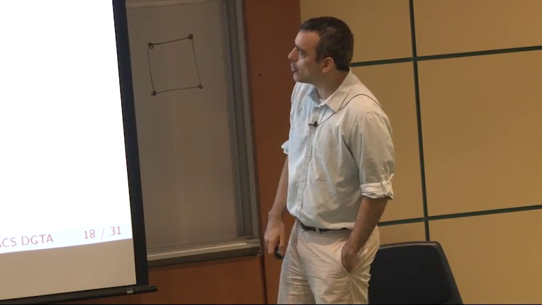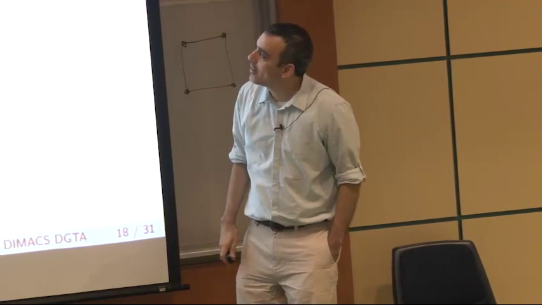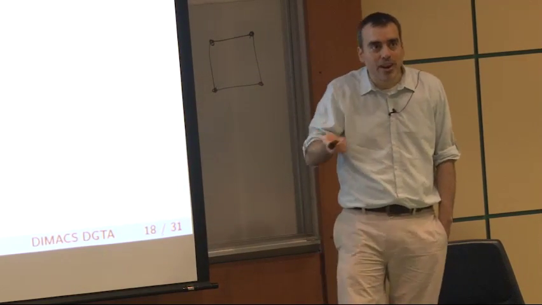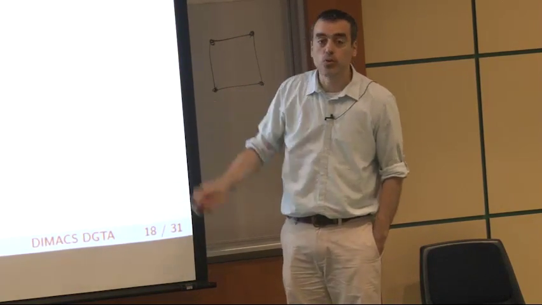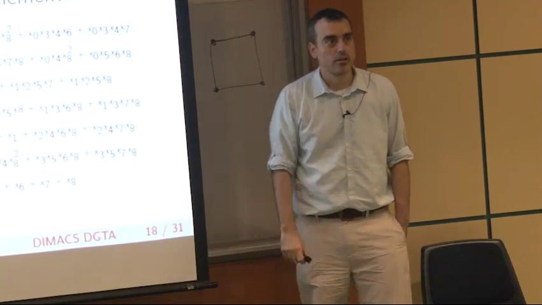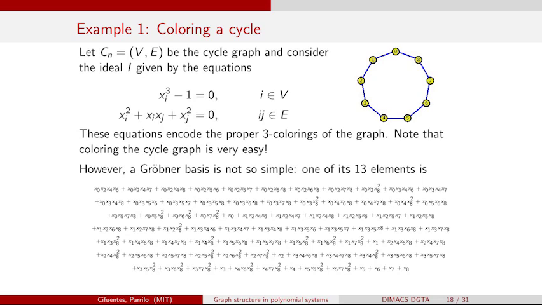And one of the things I want you to know is, of course, that coloring the cycle graph should be very easy. Any first year MIT student can color a 3-cycle graph. But if we go to your favorite computer algebra software and ask it to solve this system of equations, say by computing a Grobner basis, it will return lots of polynomials. If I pick one at random, it will give me, for instance, this horrible object in there. And this is somewhat disturbing. It's certainly disturbing to us.